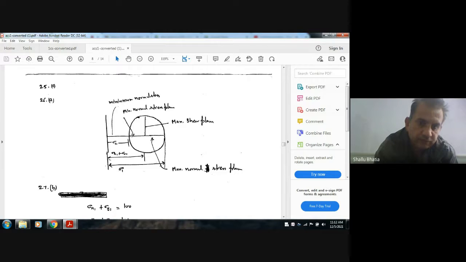So this is the Mohr circle. We can see from this, this is the maximum shear stress plane. Here (sigma 1 plus sigma 2) by 2, or (sigma x plus sigma y) by 2, is acting. So when the magnitudes of sigma x and sigma y are opposite, then it will be zero. But it is not necessary to have zero normal stress. But at these planes, the shear stress will be zero.